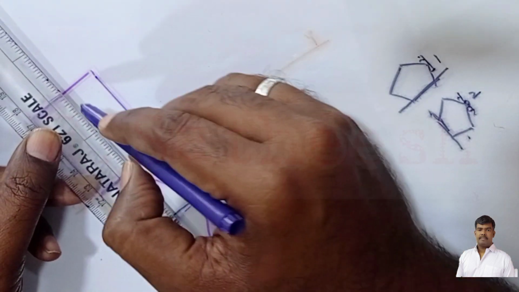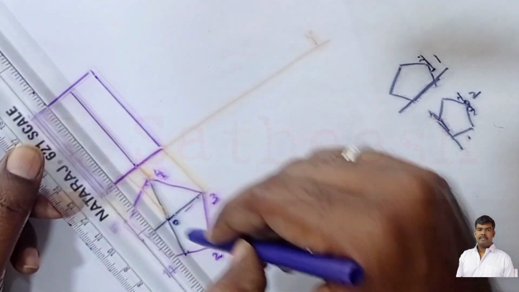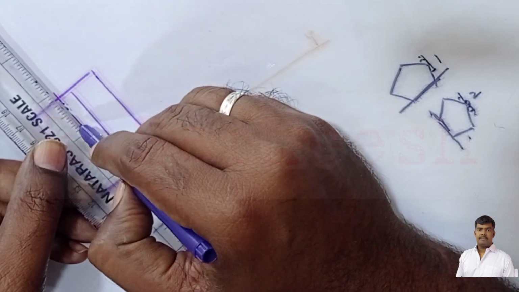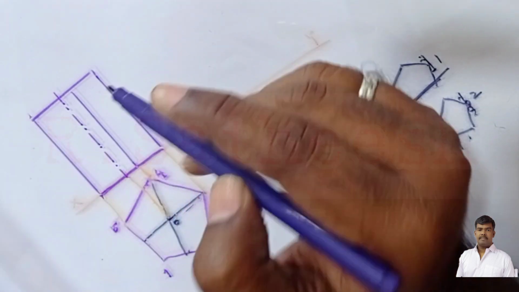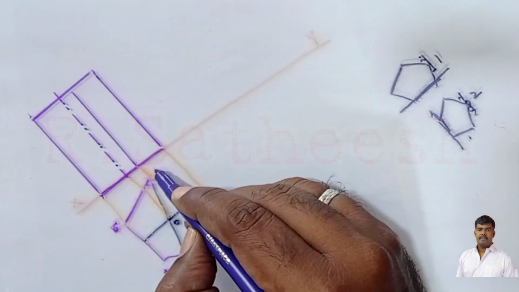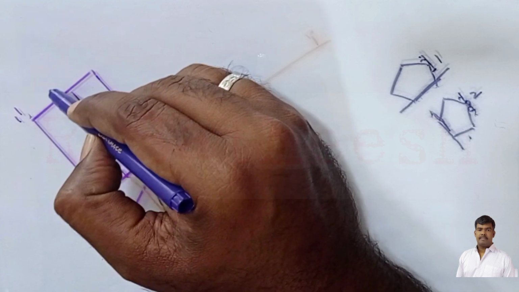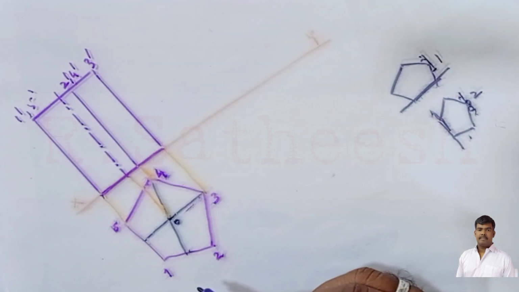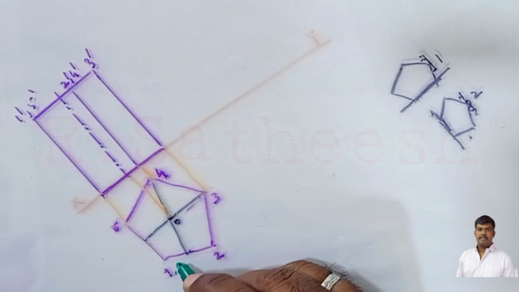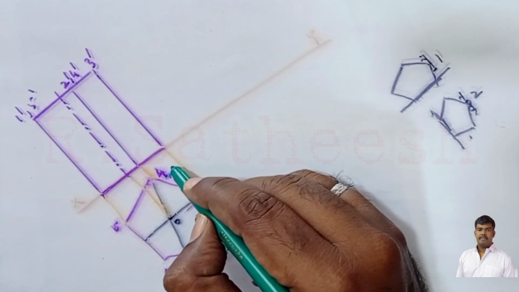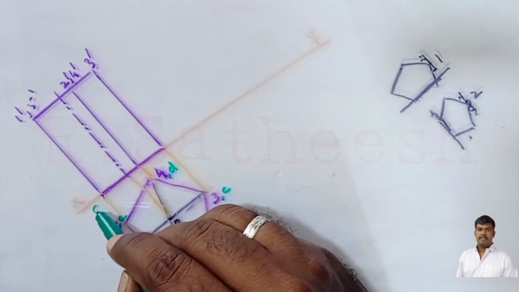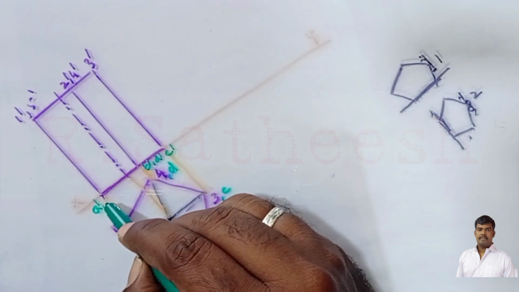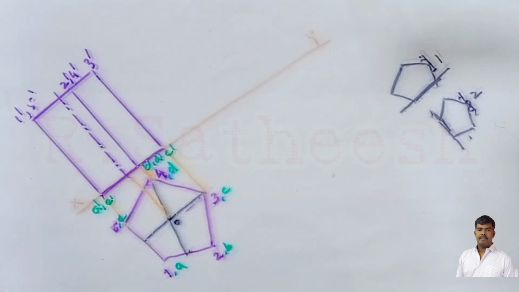Here 2 comma 4: two edges are visible and 4 is invisible, and this is the center, drawn as a line-dot-line center line with a 2H pencil. Here we label the top 1 dash, 2 dash, 3 dash, 2 dash comma 4 dash, 1 dash comma 5 dash. In the base, A, B, C, D, E, so this is A dash, B dash, C dash, B dash comma D dash, A dash comma E dash.